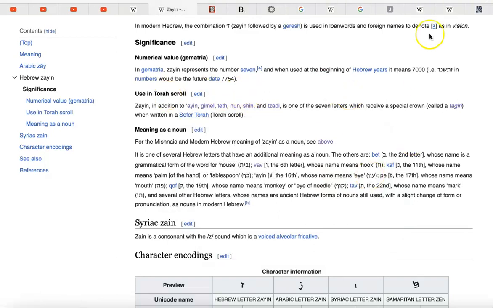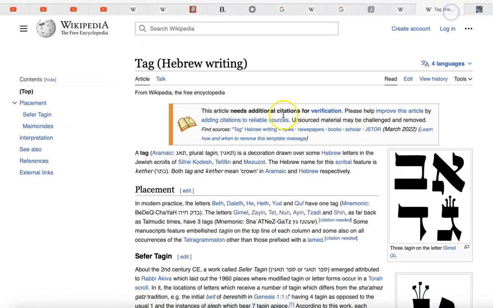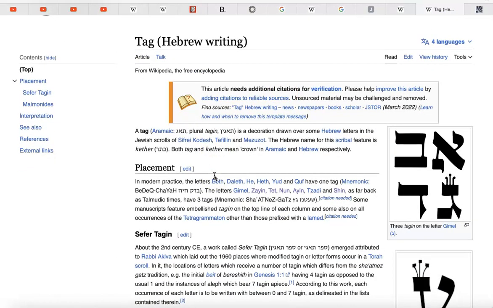The tagging, right? Here it is. Tag or tagging, I'm not sure, and I don't know enough to know the difference, if there is a marked difference between the word tag or tagging.